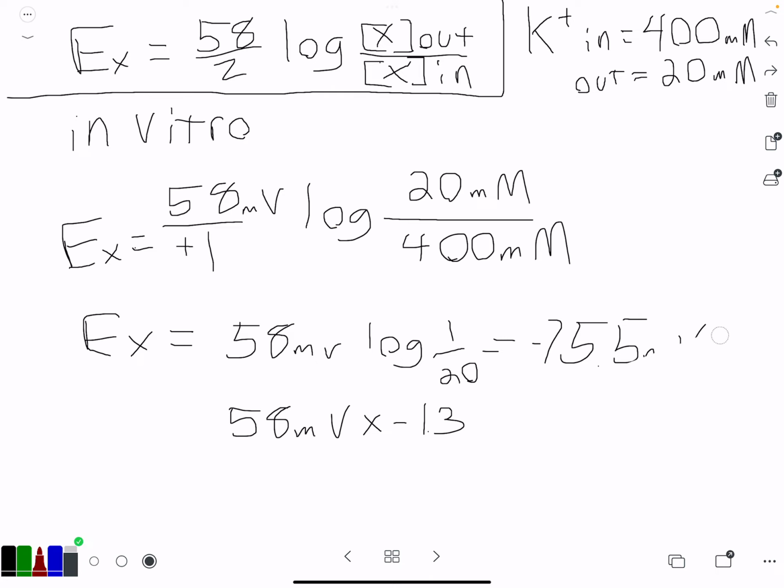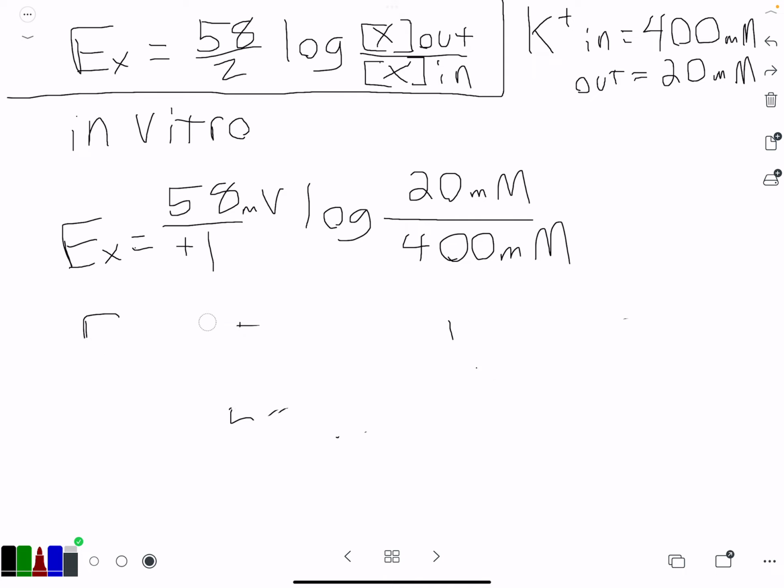So let me erase this, and I'm going to solve this part of the equation by switching the concentrations, and we'll see what happens. So instead of putting the outside on the top like the Nernst equation requires,